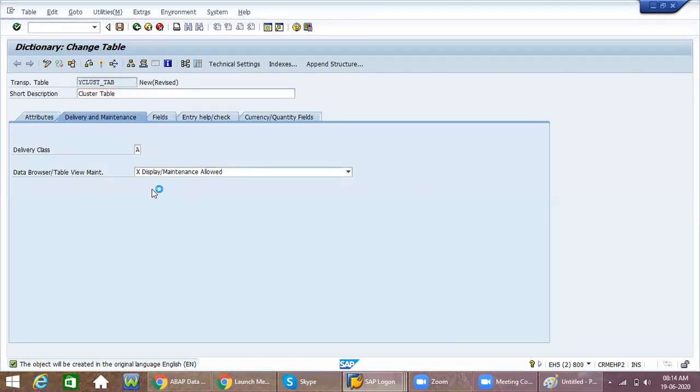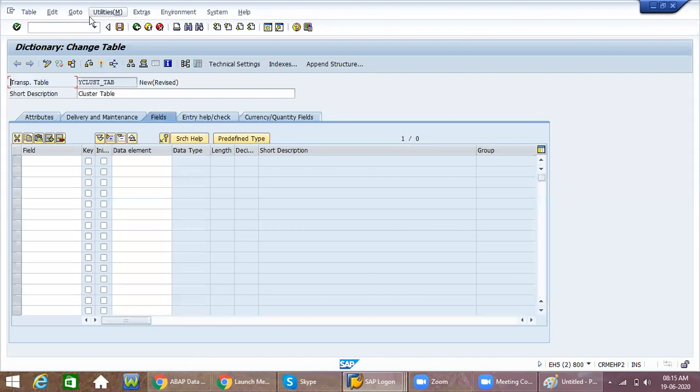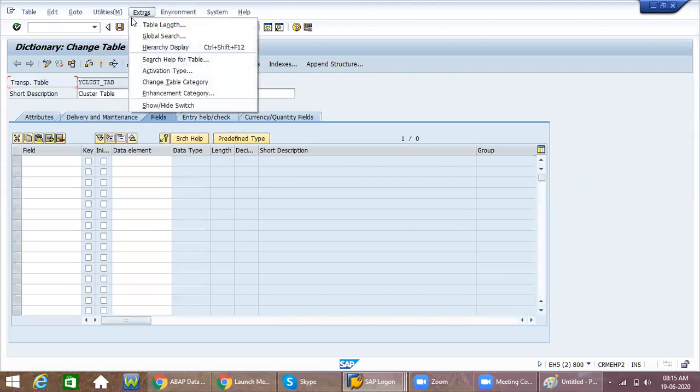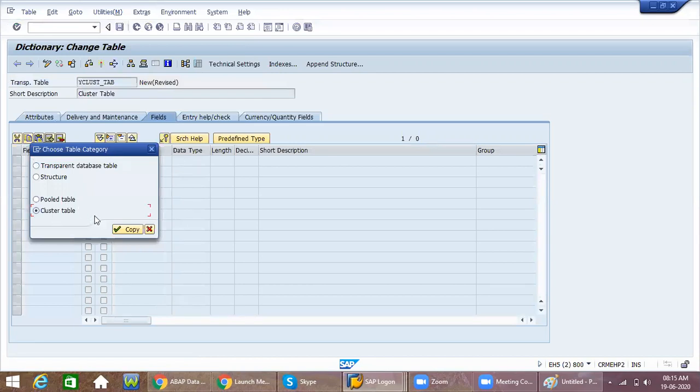Initially, when you are creating tables, by default the system will generate only a transparent table. From that transparent table you have to change it. How do we change it? Go to Extras, change the table category. Here you select whether you want to create a pool table or a cluster table.